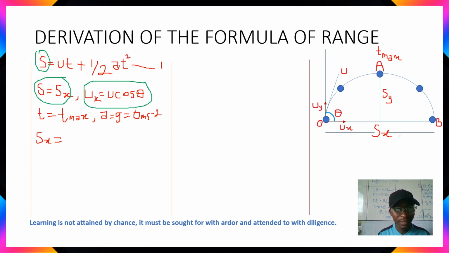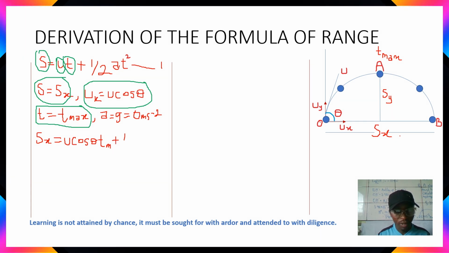So that implies that u here will be substituted with u cos theta. Then our t, we have said that t is actually the time to reach the maximum height, T max. So here this t, we substitute for it also, and that becomes T max. We can just represent it by T subscript m, then plus